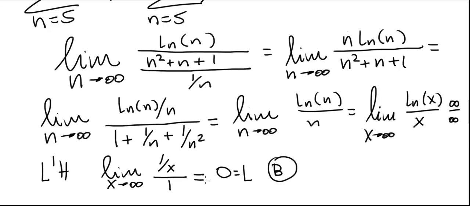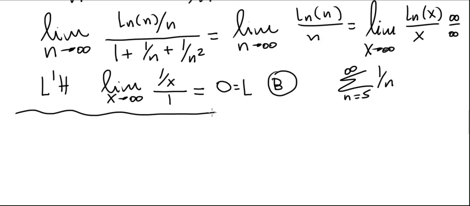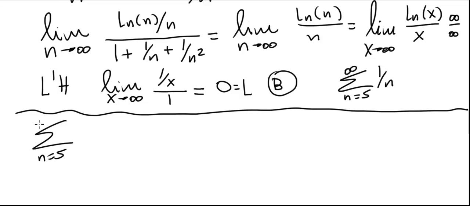the Bn series must converge. But in our case, our Bn series is the summation from 5 to infinity of 1 over n. This series diverges, so the limit comparison test does not apply. We cannot draw any conclusions. So this didn't work. Now let's try another choice for the summation from 5 to infinity of b sub n,